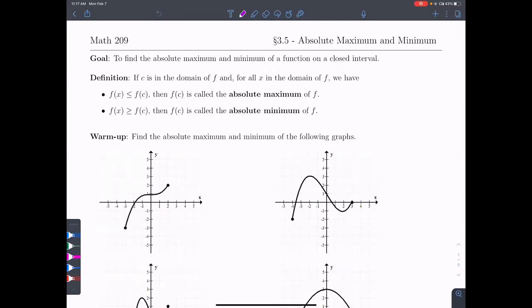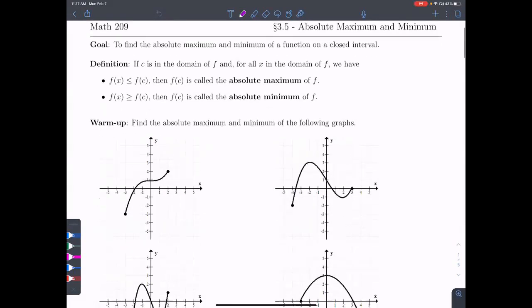intervals. So if C is in the domain of F, and for all X in the domain of F, we have F of X is less than or equal to F of C, then F of C is an absolute maximum. And if it's greater than or equal to all of the function values, then it's an absolute minimum. If all the function values are greater than or equal to it, then it is an absolute minimum. Okay, so that's a lot of words. It was hard for me to even talk through, but let's look at them and see if we can figure